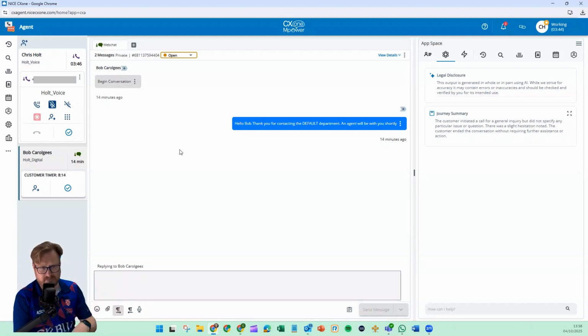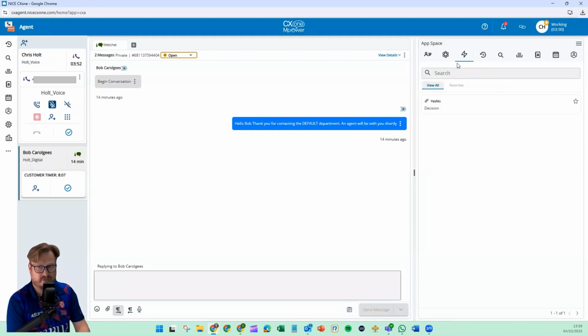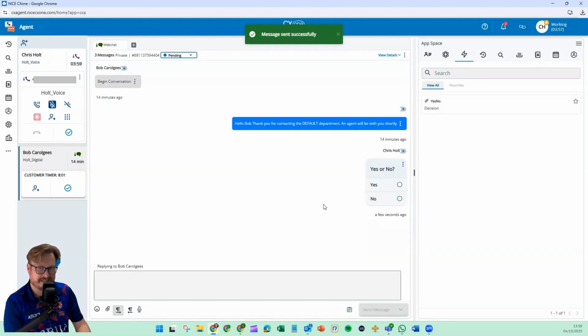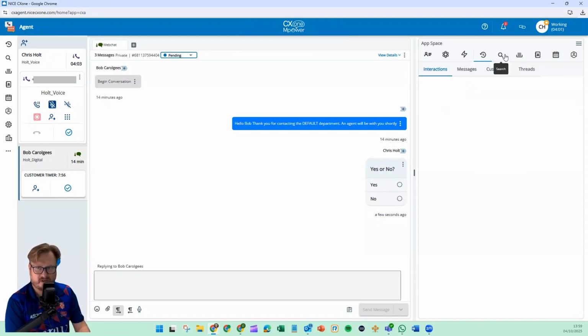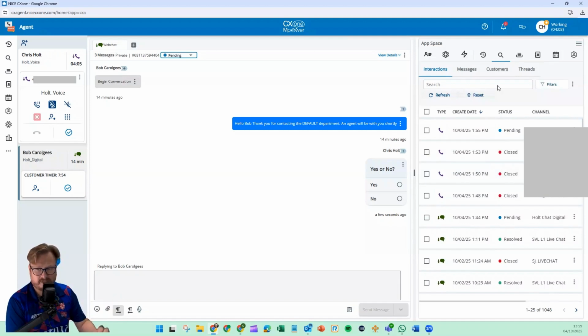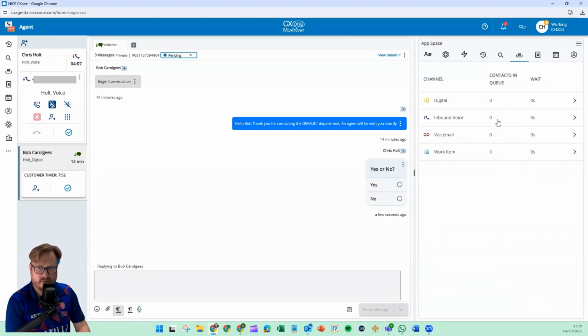So let's focus away from our interactions for a moment and look at the rest of the board. You'll see I'm on a digital interaction here, so I've got some quick replies, and the rich replies just come straight in now, instead of them being an additional panel within, say, DFO. I can look at contact history. I can go and search for interactions. I'll show you this full screen as well. We can look at what's in queue. What you don't have are the individual icons per channel like you used to have at the bottom of Max, but you can, once something is queuing, see that.